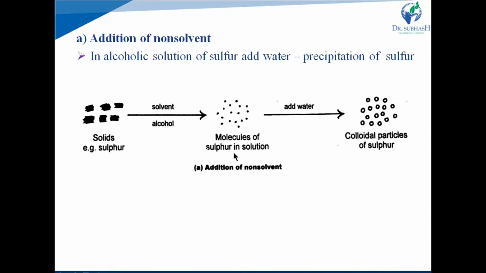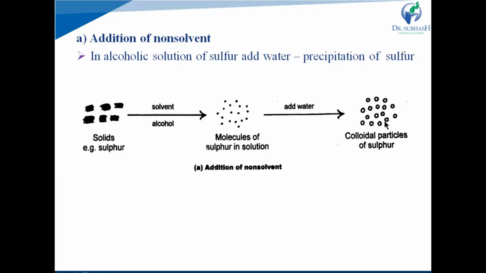Now we have the molecules of the sulfur in alcohol in a solution form. If we add water, which is a third substance, which has higher mutual solubility with the alcohol, then in such a condition the sulfur will be precipitated out and it will